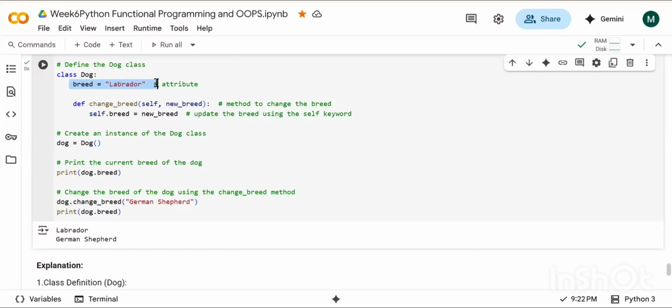Totally confused. Like Labrador is an attribute, then what is breed? Is it an object or what? Labrador is not an object. Inside the class, no object is there. First of all, clear that thing. Objects are always after the class, not inside the class. Inside the class, we only put the characteristics, the features, and the methods which we put on the object. Okay, now I got it.